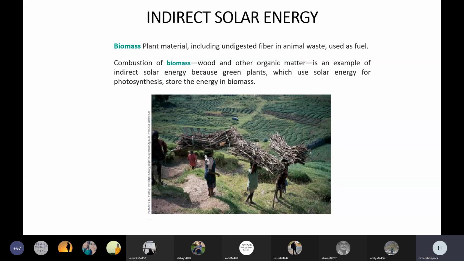Since it was very freely available, this is one of the oldest fuels known to humans, and this is also another reason that most of our forests are facing this loss of tree cover, because we use wood as a fuel source, which is nothing but a